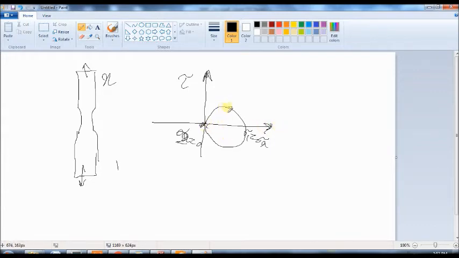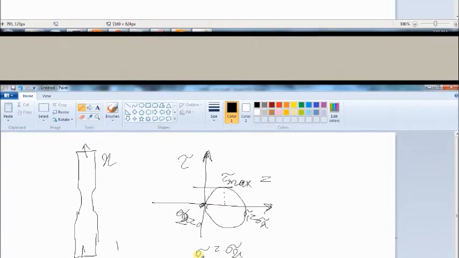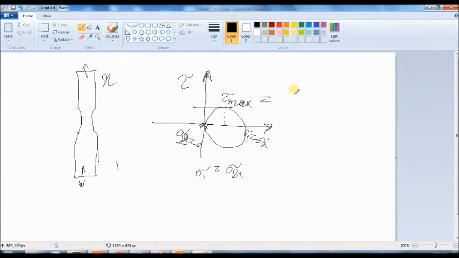As you can see here, the maximum shear stress tau max equals the radius of the circle, right? Tau max equals the radius of this Mohr circle, and the diameter equals sigma x. So this radius is half of the diameter,